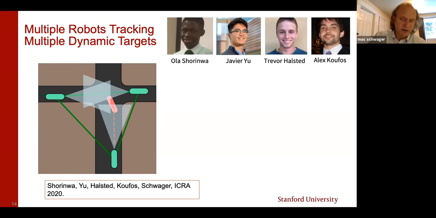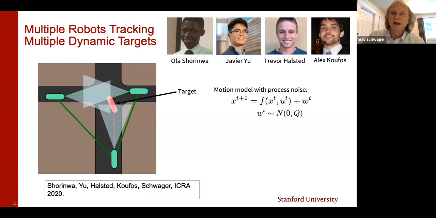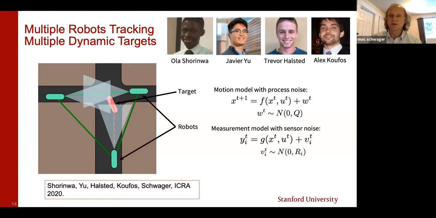So I already described the idea. The green cars are working together to track the position of the red car. And in general, there might be multiple red cars that they're tracking. And so let's fill in some details here. So we need a motion model for the car, and we're going to need a sensor model for the observers, for the autonomous cars. And this is going to look a lot like Kalman filtering. But the method that we're going to use to solve this problem is nothing like Kalman filtering. It's based on distributed optimization. So the motion model for the car is you have some nominal motion model, which is represented by x at t plus 1 is equal to f of x, perturbed by Gaussian white noise, right?